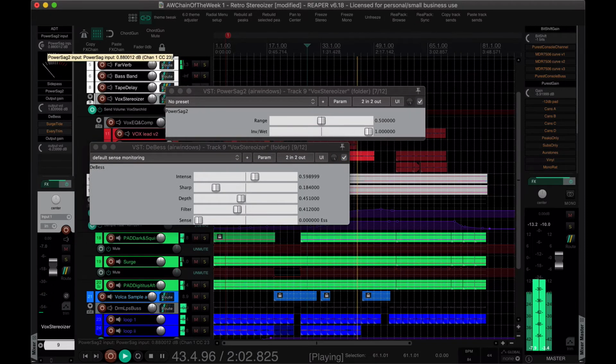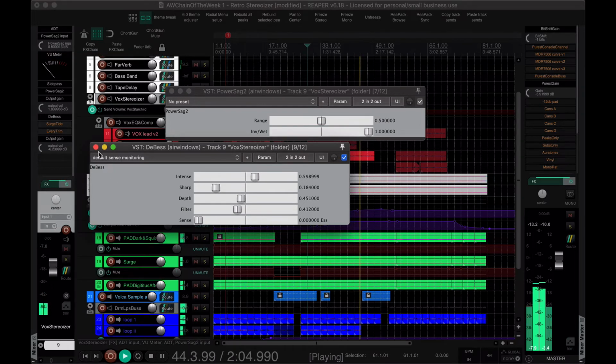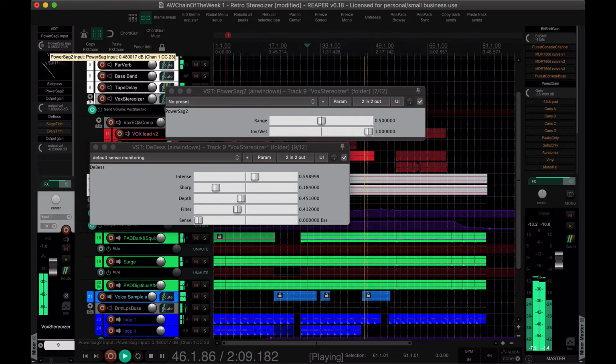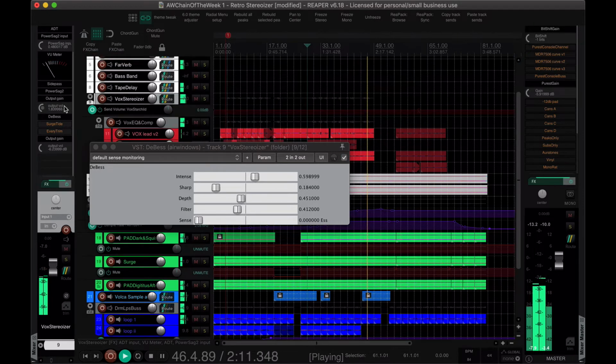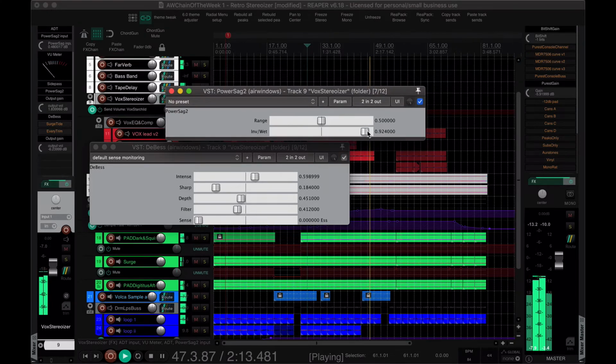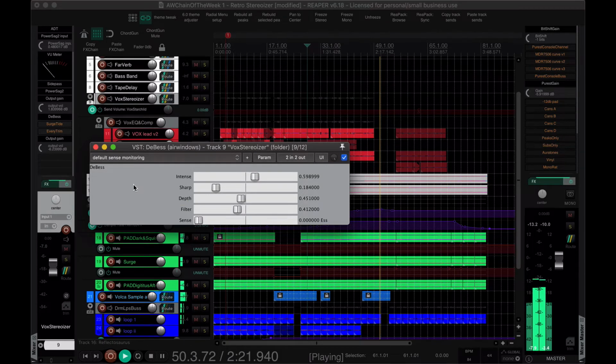Now I'm feeling a little bit like there's a bit much of the... Now also with this, I'm getting a little bit too much of the power sag. So you can turn the wet down for that, or you can also turn the volume down on the way in. Yeah. So